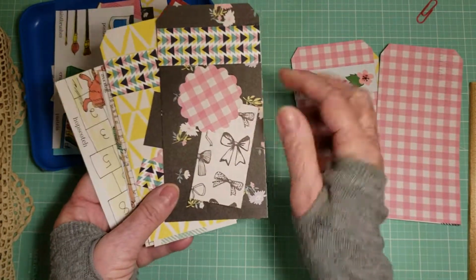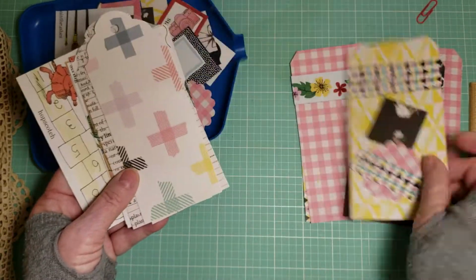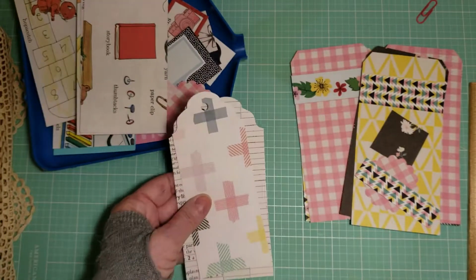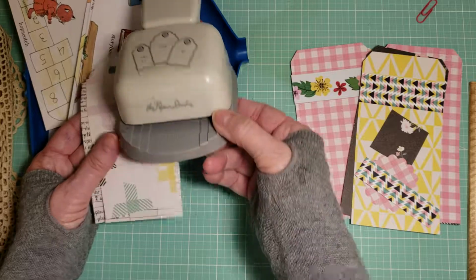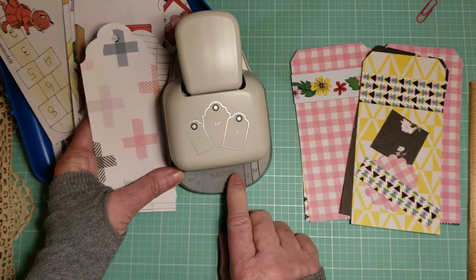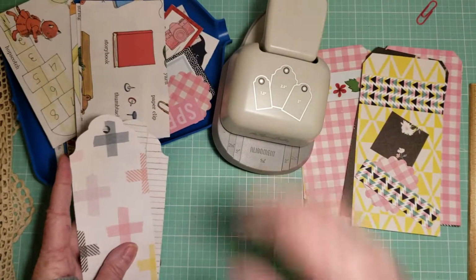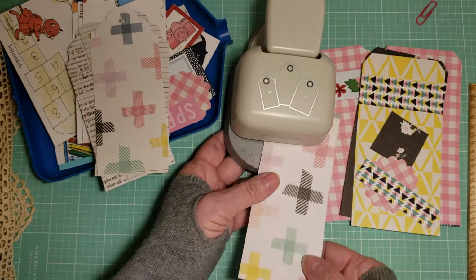I just, you know, it's not done. I'll add a button or bows, but I like to just start out somewhere. And one punch that's really awesome that you might want is the Paper Studio. And it has different alignments for different size tags, 1.5, 2.5, 2. So if you have scraps left over, like this is a 2-inch, I think,